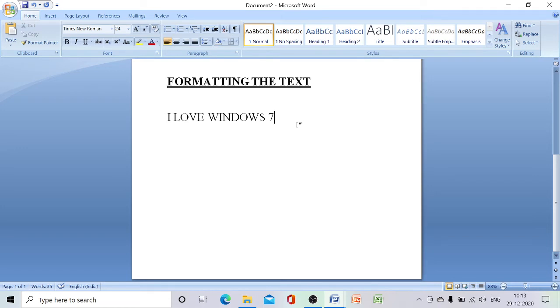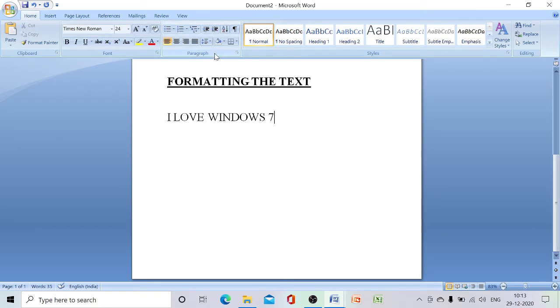To format, we have to use the font group and paragraph group. First, to copy and move, we have used the clipboard option. Then to format the text, we have to use the font and paragraph groups.